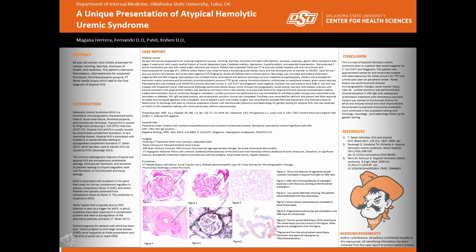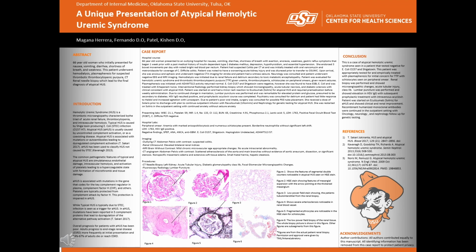Atypical HUS is atypical in that it is not all caused by bacterial illness, but rather by mutation or autoantibodies leading to dysregulated complement activation. Atypical HUS can cause similar symptoms as HUS, but does not necessarily need to follow bacterial illness. Atypical HUS has subcategories of how it is identified. These subcategories are broken down into two categories, including familial, which are mutations in the complement cascade, and sporadic, which are further broken down into idiopathic, pregnancy-associated, HELLP syndrome, drugs, organ transplantation, HIV, or cancer.